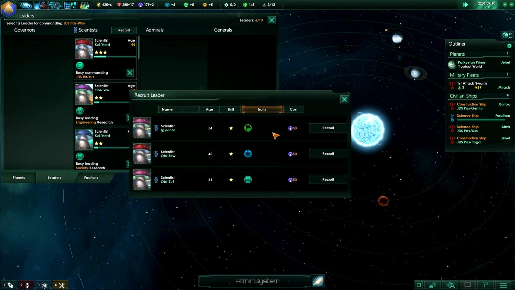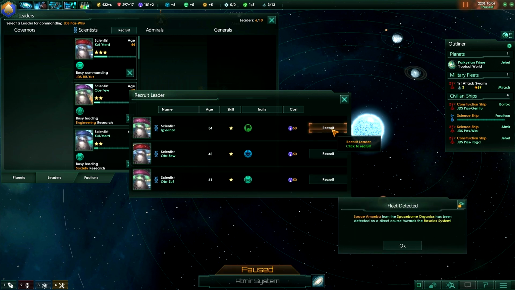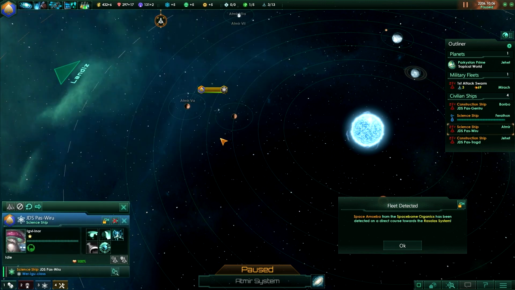So let's recruit a new one. It's going to cost us some influence points, but we've got it. Research speed is increased, research speed on particles is increased, and research speed is increased. So I think we're just going to go for this one. Oh my god. Okay. Let's recruit this guy. And I believe we're going to just click on that so he can continue his...